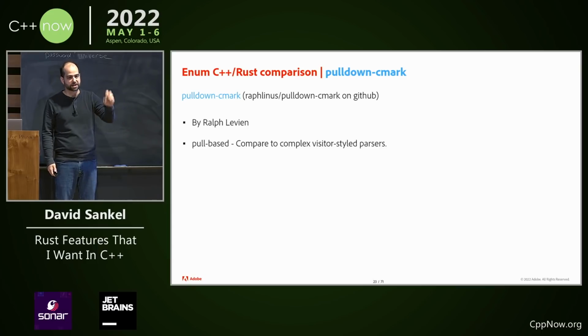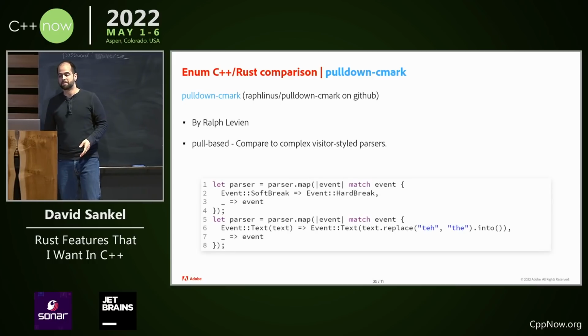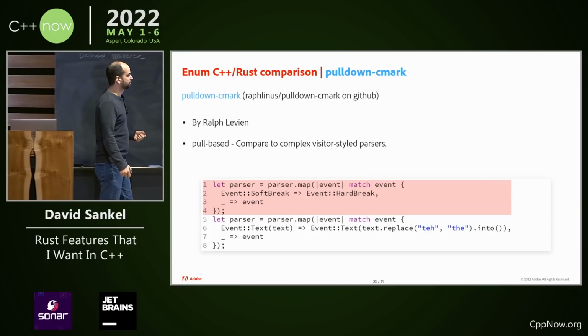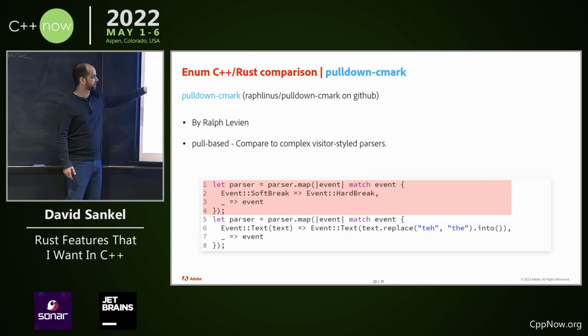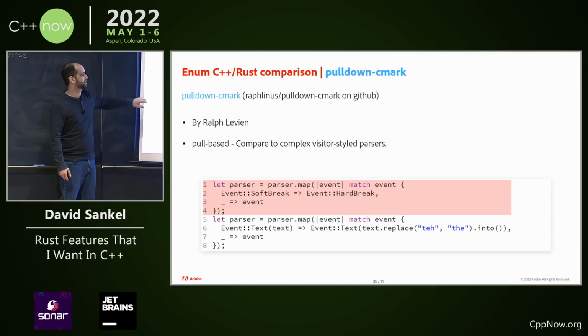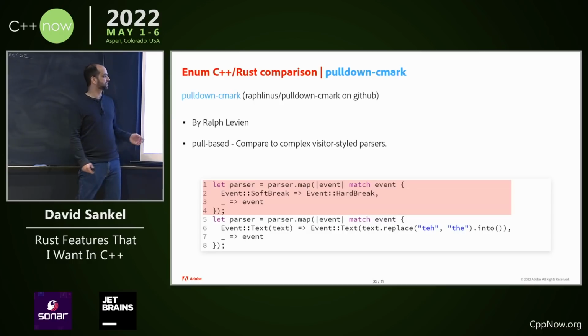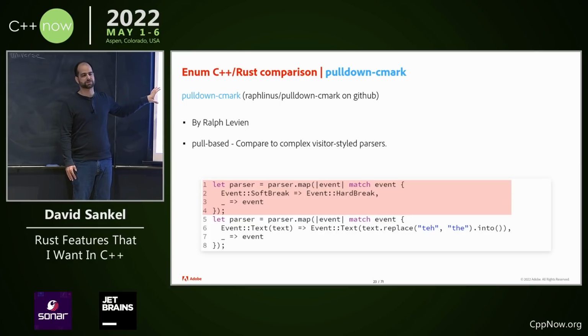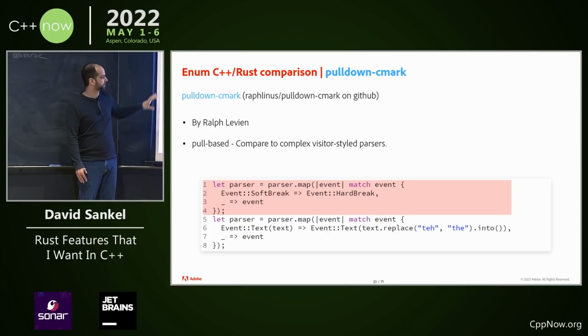It's pushing information and your visitor just kind of reacts to it. So this is a pull-based parser. And just to give you a little flavor of what it looks like, try not to get too hung up on this line 1 here. But essentially what this block of code is doing is it says, when you happen to see a soft break, convert that into a hard break. If there's anything else, just ignore it. Just a little tiny snippet of code that basically filters your markdown and does a replacement.